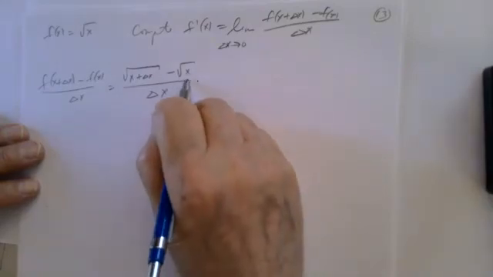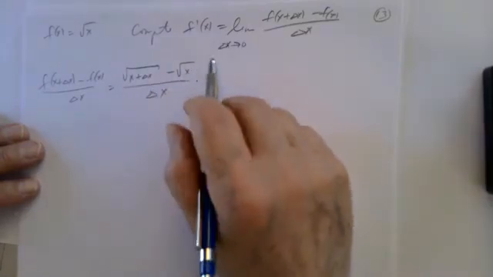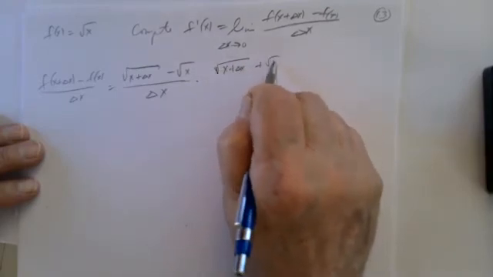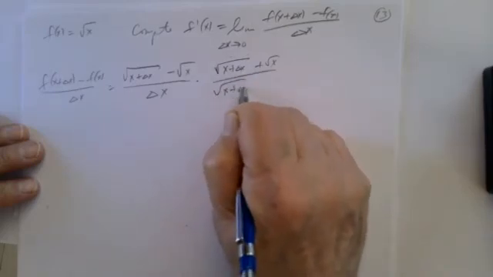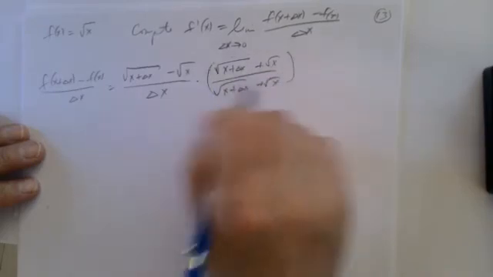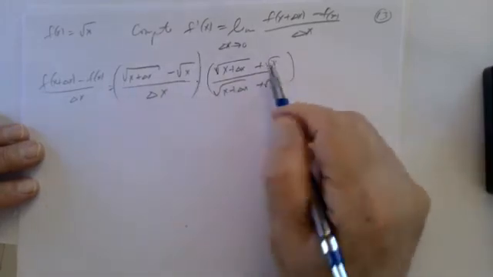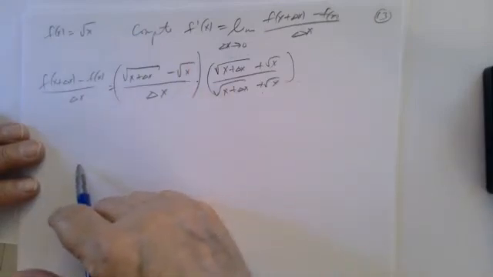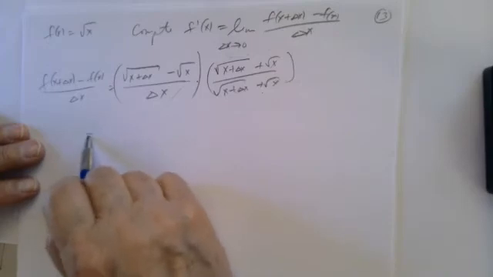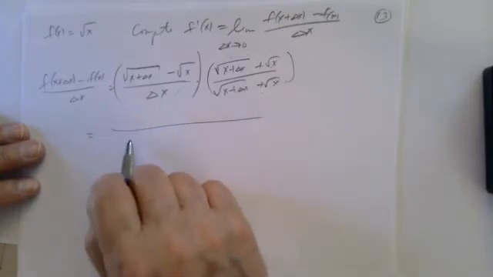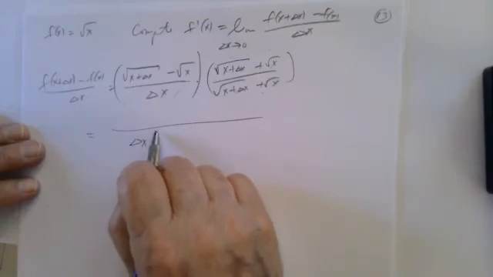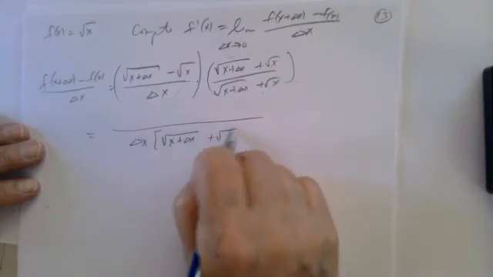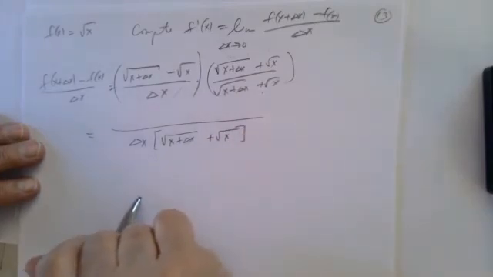I can always multiply by 1. And I'm going to multiply by 1, but 1 in the form square root of x plus delta x plus the square root of x over the square root of x plus delta x plus the square root of x. Right? Because I have the same thing in the numerator and the denominator. So I'm just multiplying by 1. And I see what I get in the denominator is delta x times